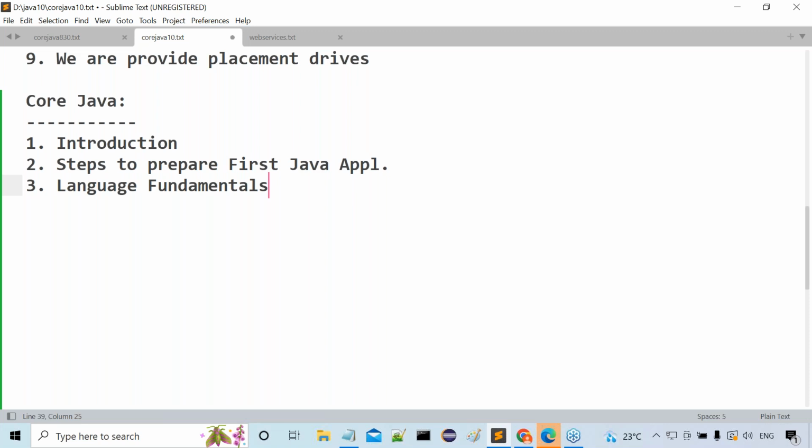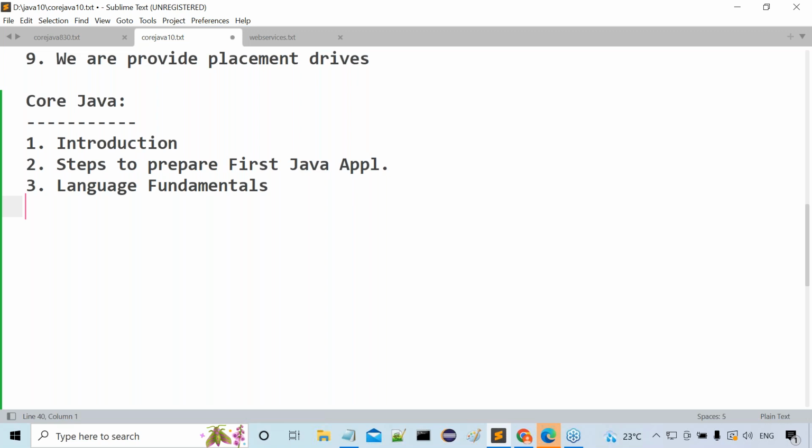Next one is conditional statements: if statement, if else part, if else if ladder. After that, loops: for loop, while loop, do while loop, for each loop. All the basics, all the fundamental part we are able to understand as part of language fundamentals. This is one topic there. After this, the language fundamentals will take some extra time. Why? Because so many fundamentals I have to clear, I need to cover. Got my point or not?